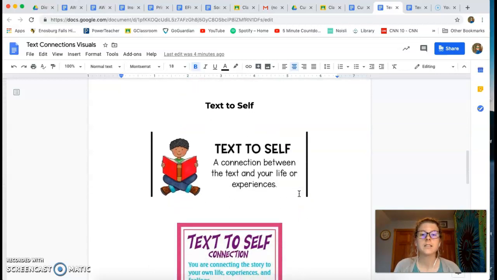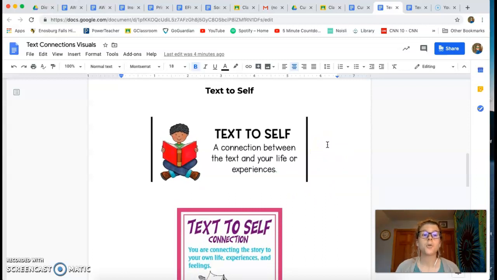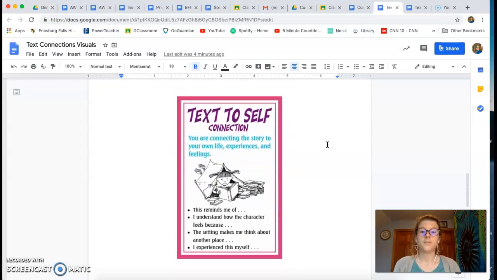For a text-to-self connection, you're connecting the text or what you're reading to something in your life, so something that you have experienced or you understand. If you look down at this one, there are some prompts to help with text-to-self.